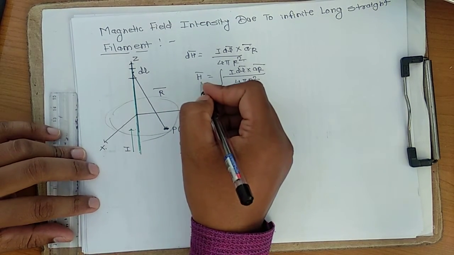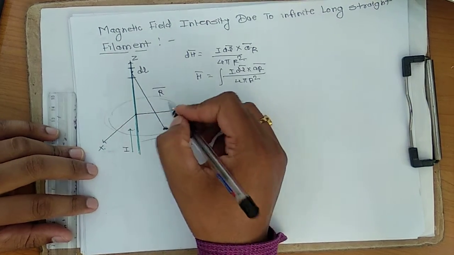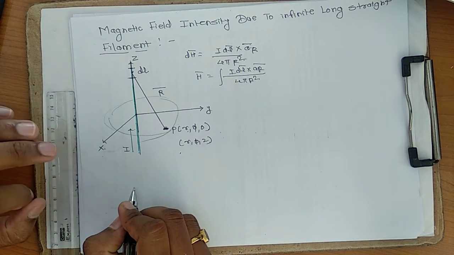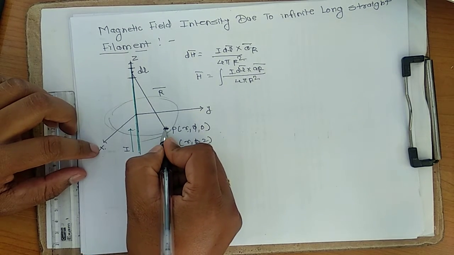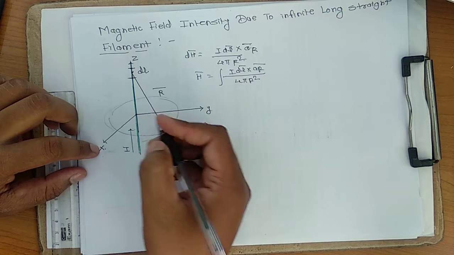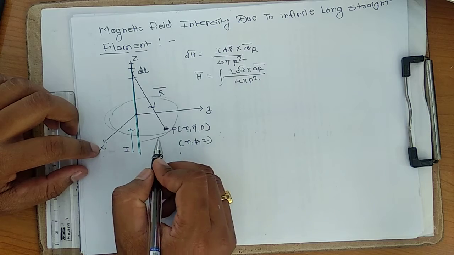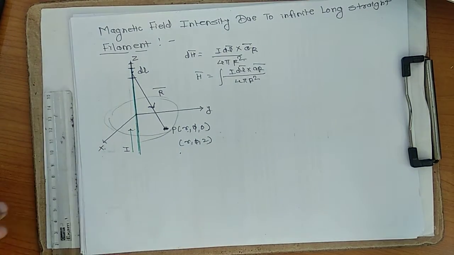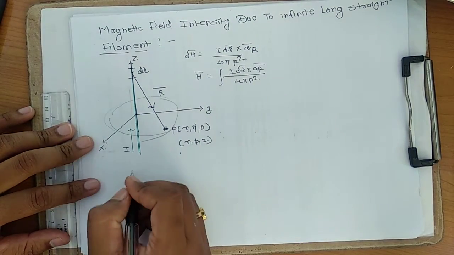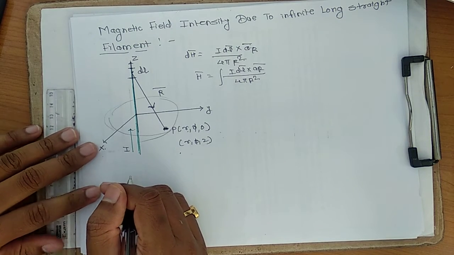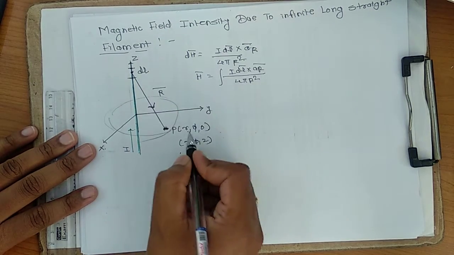If you are calculating magnetic field intensity, you will require this R bar. Now what is its direction? You have to give the direction towards the point P, where you want to calculate the magnetic field intensity due to this straight line filament. Now step by step we will calculate. First we will find this point also, because to calculate the R bar you will require two coordinates.